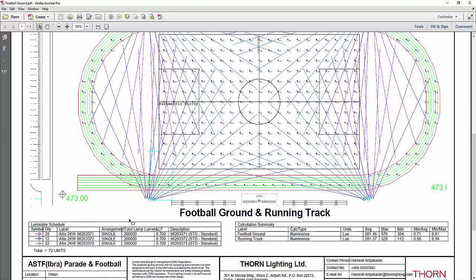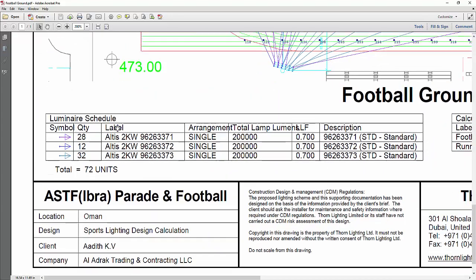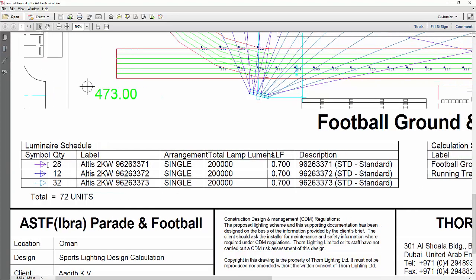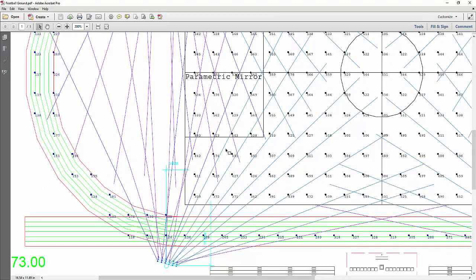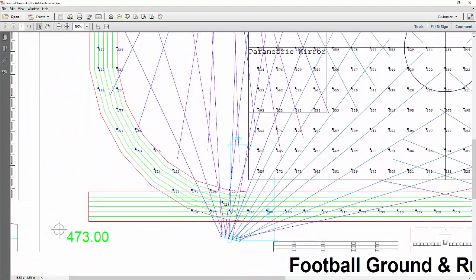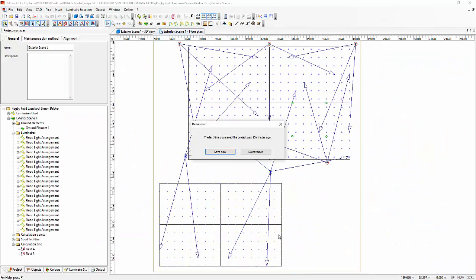Say for example here I have a legend. I used AGI 32 in this project. Say for example, I used purple, blue, and dark blue for different floodlights. It's the same 2 kilowatt, but the optic is different. So I put a color on this one, and you can easily identify it here in the automatic calculation, compared to Dialux 4.13,